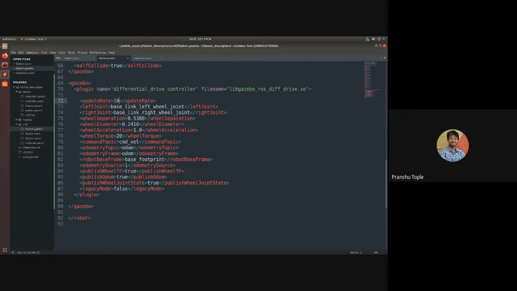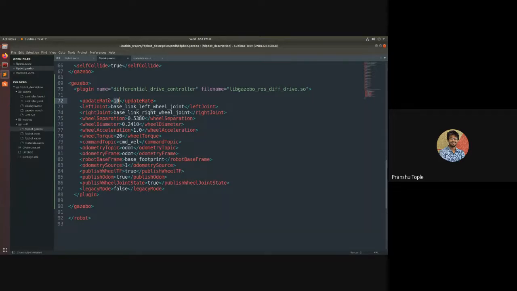So make sure that you don't keep it very high, and if you keep it very low, if your robot is going to hit an obstacle and you stop it, you have to wait till the next update is received and then it stops. So have a good balance. A good balance is between 10 to 50 Hertz. That is what I see. I want just 10 Hertz right now.